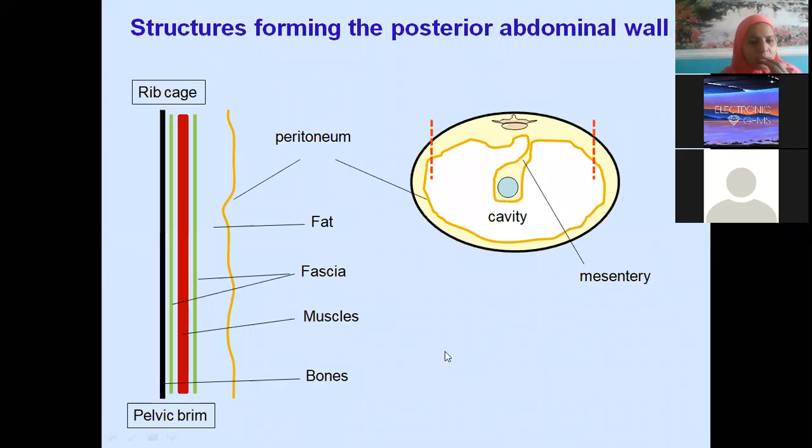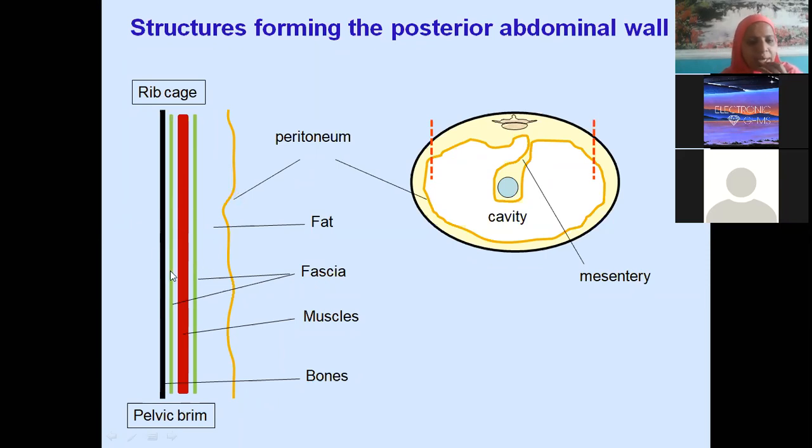Okay, so in the posterior, see, this is the rib cage if you observe from here superiorly, and this is the pelvic brim. Okay, and this is the parietal peritoneum, behind which we may have kidney and ureter, retroperitoneal organs. Okay, and this layer is muscles, that is psoas, quadratus lumborum. This is the layout, one below the other. Okay, and of course it is enclosed in fascia, that will be thoracolumbar fascia. I will discuss that after this topic.